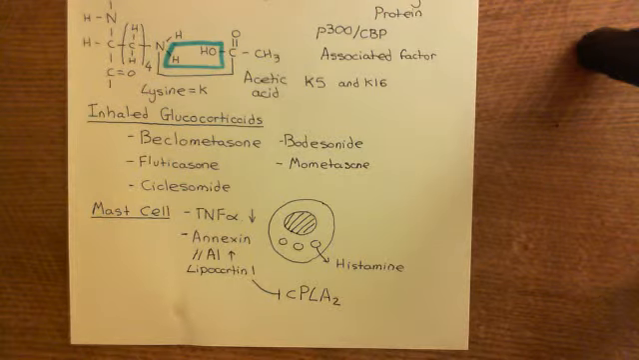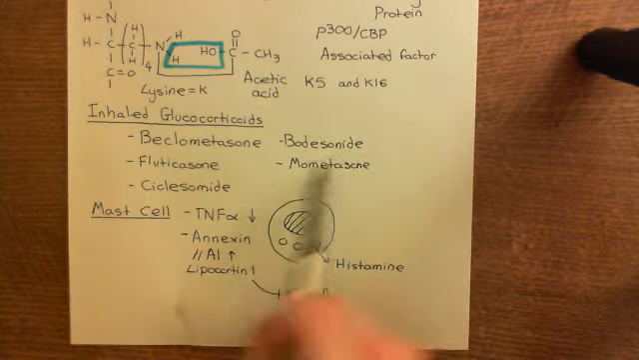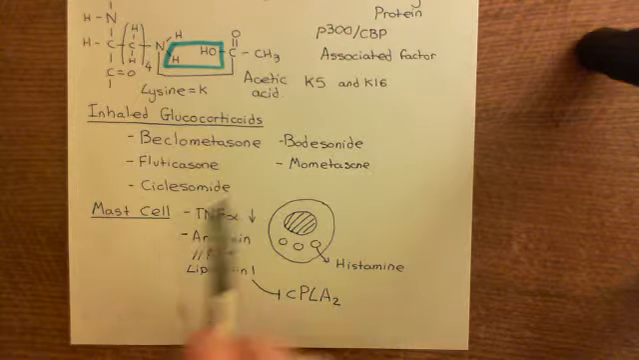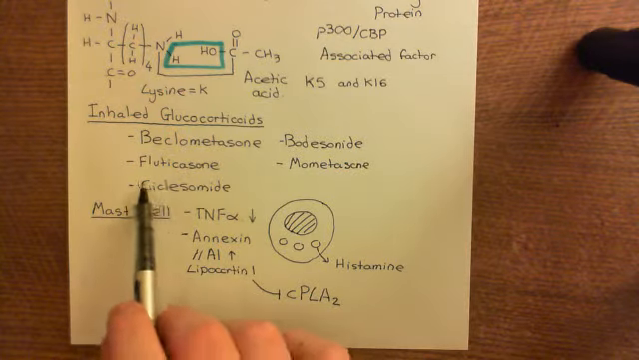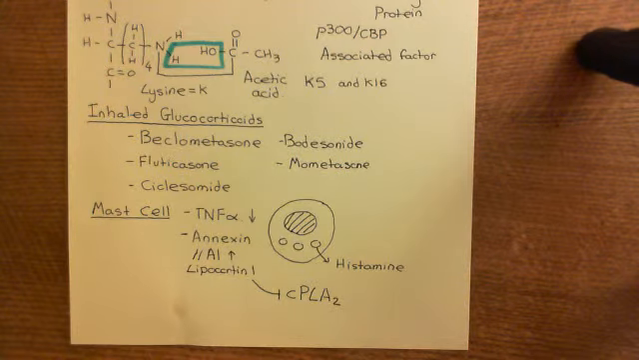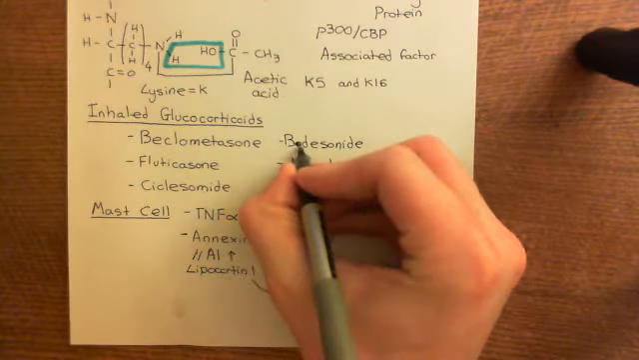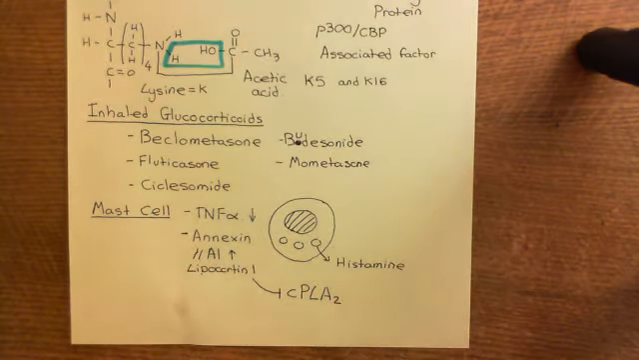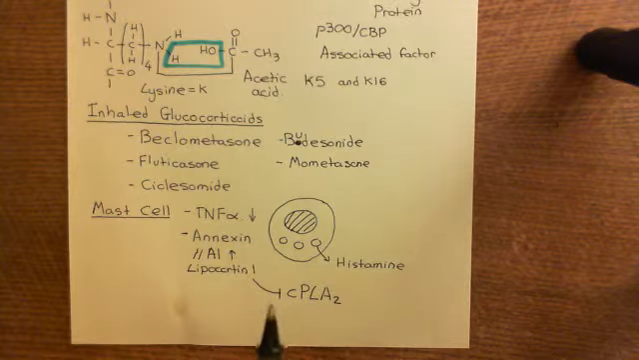these inhaled glucocorticoids: beclometasone, budesonide, fluticasone, mometasone, and ciclesonide. That's how they will work. Okay, and can I just correct that? That should be budesonide. Okay, budesonide. Right, so these 5 inhaled glucocorticoids will act on the mast cells and reduce their release of the